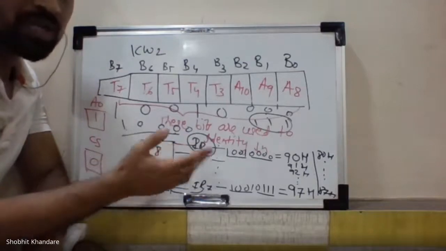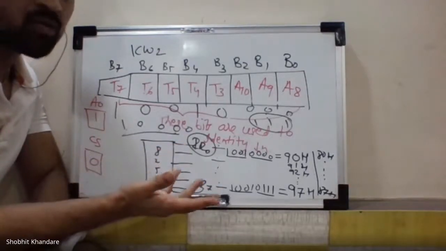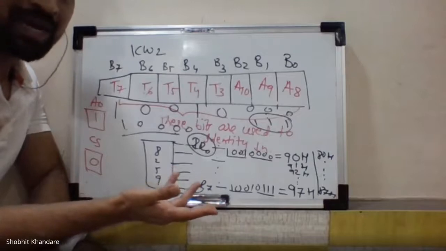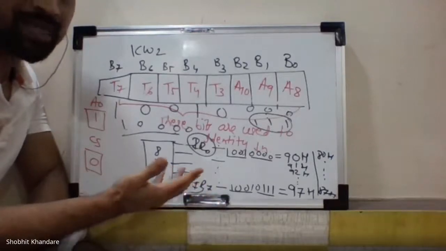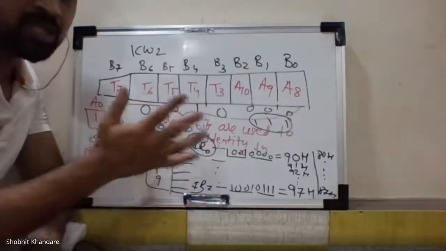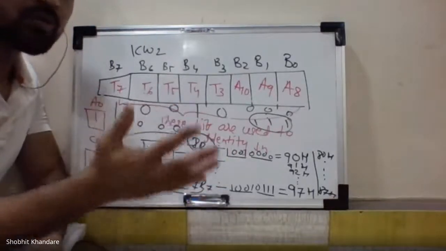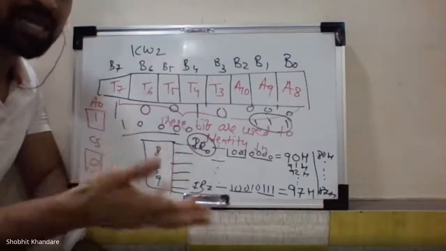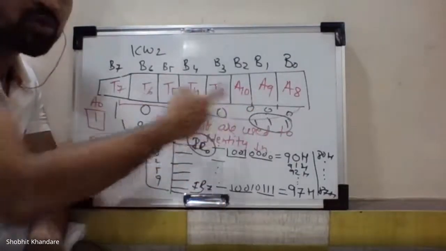So because there are 64, I do not have the tag. There should be some tag. The tag is nothing but the interrupt type number, and every tag should be unique. 64 tags should be unique. So how do you generate these tags? These tags are generated by using ICW2,